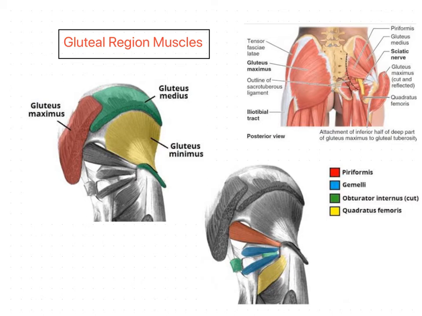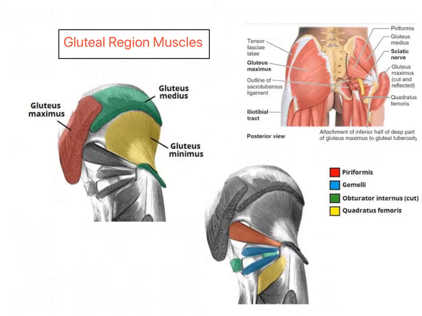Dear students, welcome back. In the previous session, we discussed the introduction to the lower limb, the bones present in the lower limb, as well as the regions of the lower limb and how they are subdivided. Before we start with the osteology of the bones, you should be very familiar with the muscle names of different regions. Then it is very easy to remember the muscle attachments when we are discussing the osteology of the bones